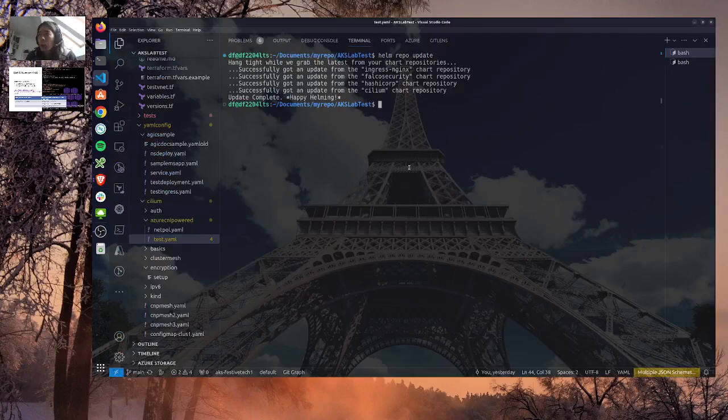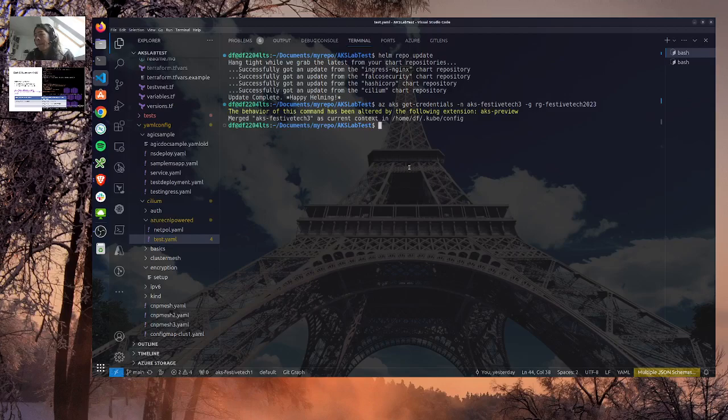So let's get the credentials for this cluster. az aks get-credentials, yes, Festive Tech 3, resource group Festive Tech 2003. Okay, and let's do the same for the 4th cluster.